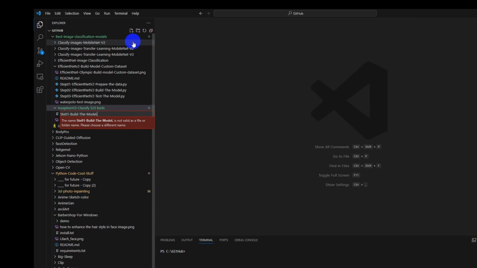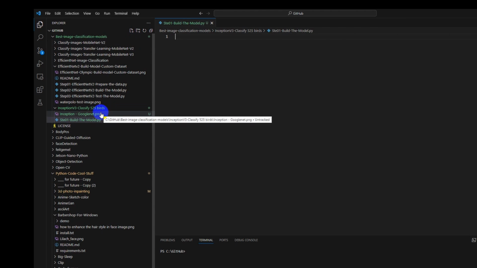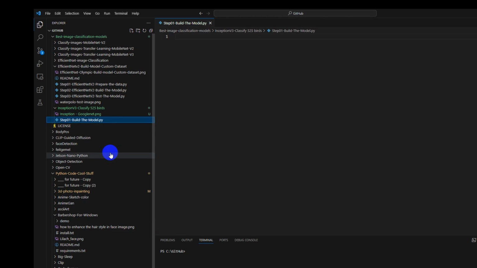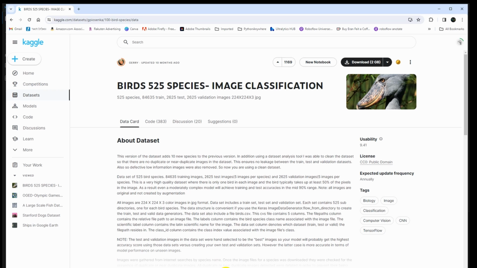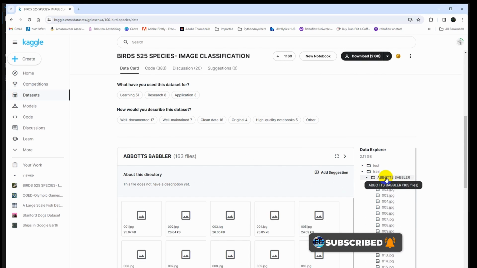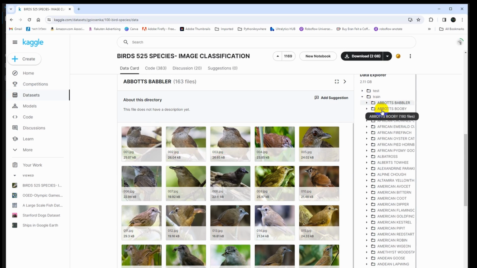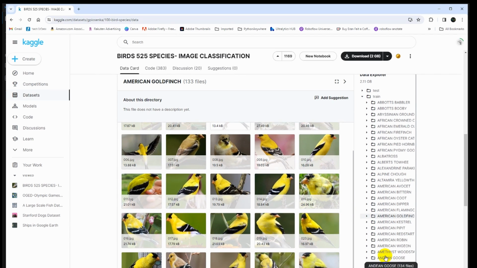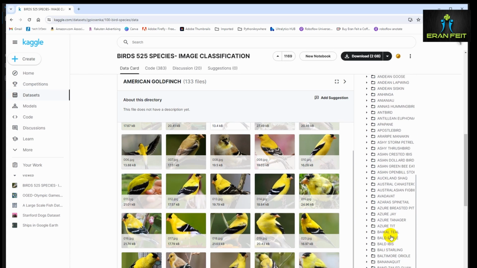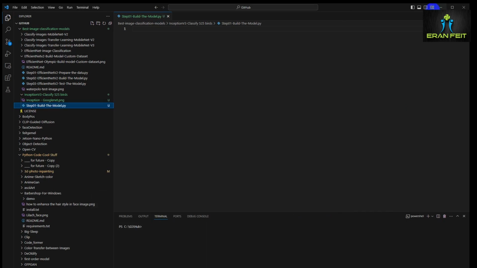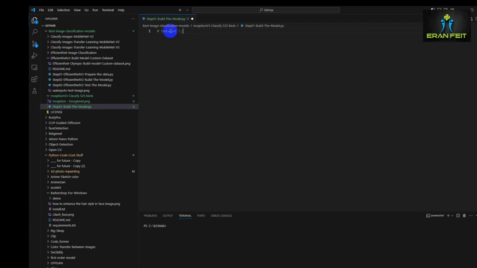One will be importing the data and building the model using transfer learning techniques, and the other Python program would be testing our model. So first of all, this is our dataset from Kaggle. As you can see, it's already organized with the train, validation, and test. I will choose some of the categories. In each one of them, there are several hundreds of images of those birds, and we will download this dataset